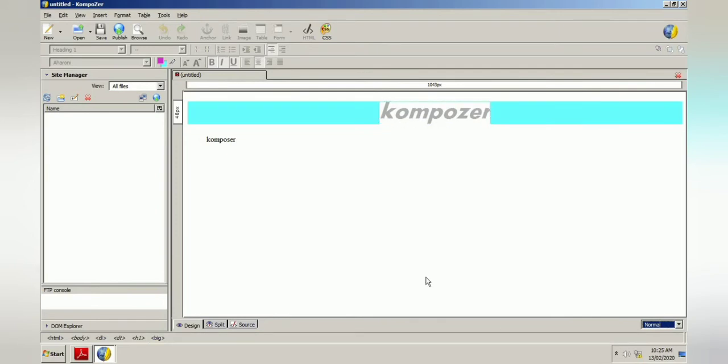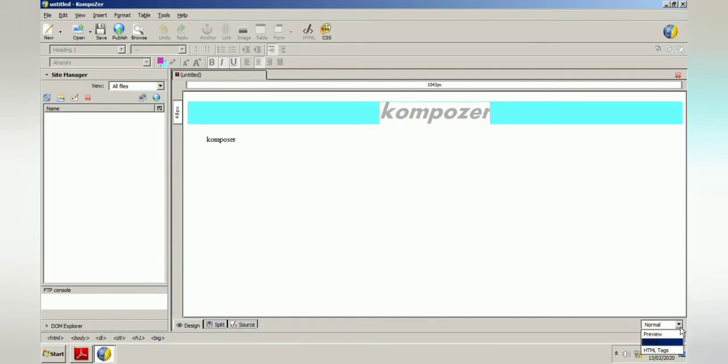Now what is on the right hand side? On the right hand side we have one drop down button. Here you can see by default it will be in the normal view only, and normal and preview are just the same. The normal view shows the preview of your page, meaning how the page will look on a web page. This preview you can see in both the preview and the normal mode.